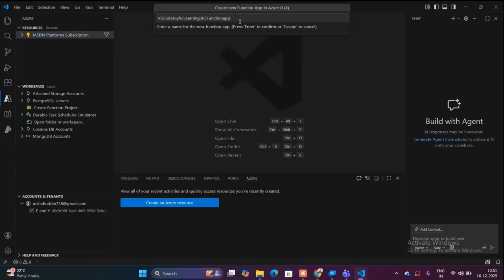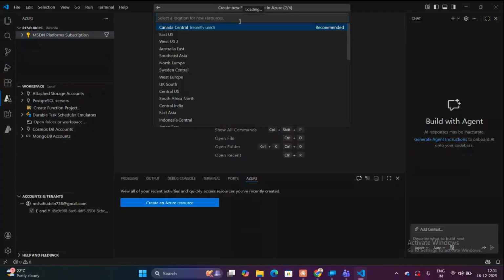So what I need to do is press the Enter button on the keyboard. If you don't want to do it, you can cancel by pressing the Escape button on the keyboard. But here I want to create, so I am now clicking on the Enter button. As you can see on the screen, once I have pressed Enter, it's getting loaded